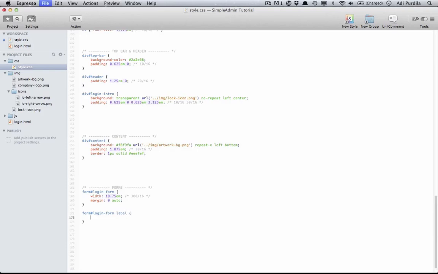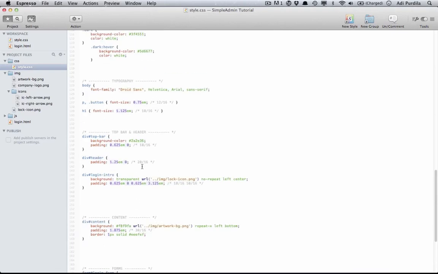First of all, labels. So we'll say, first of all, display block, because we want to put it above the text field. And actually, let's do it more general. Form label. Okay. So display block, text transform. Let's not forget about this. Is uppercase, and the color should be the same color as the background of the top bar. So let's